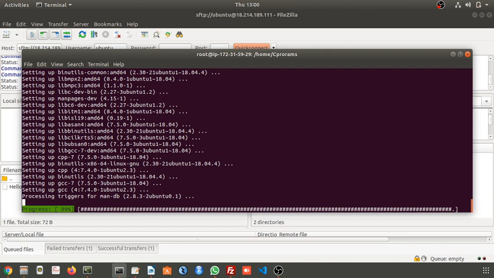Then after this, we will run the C program. Whatever executable file is generated, we will copy to our local machine. Then we will run the executable file on our local machine. In this way, we can transfer files from the local machine to the virtual machine, and from the virtual machine to the local machine.